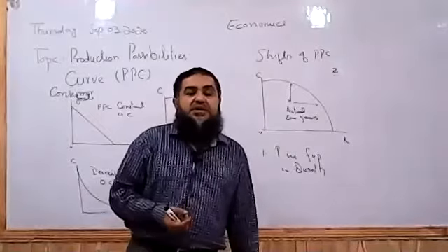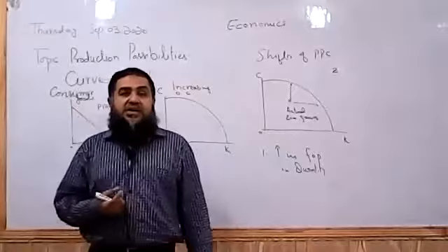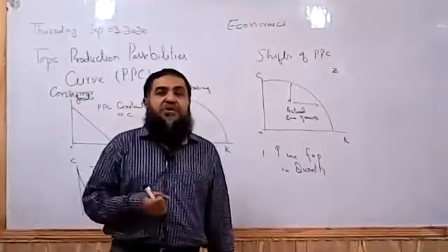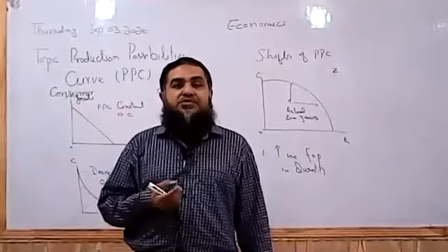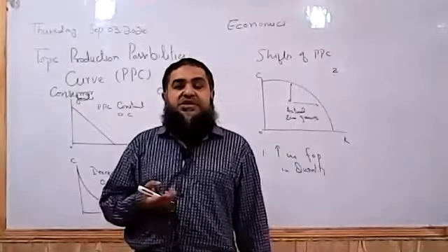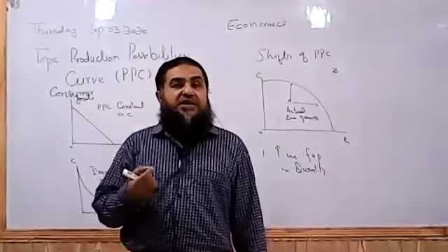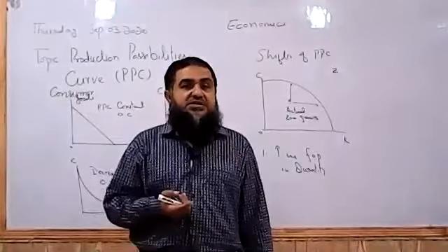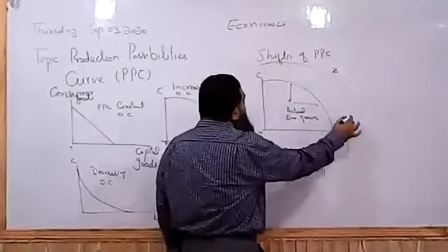Labor can be increased. On the same grounds, we can say capital can also be increased in quantity. We are able to produce more capital goods. So when more are produced, the potential of the country has increased. We can say that in quantity and quality, if factors of production are increased, what happens? Our PPC will be shifting outward.